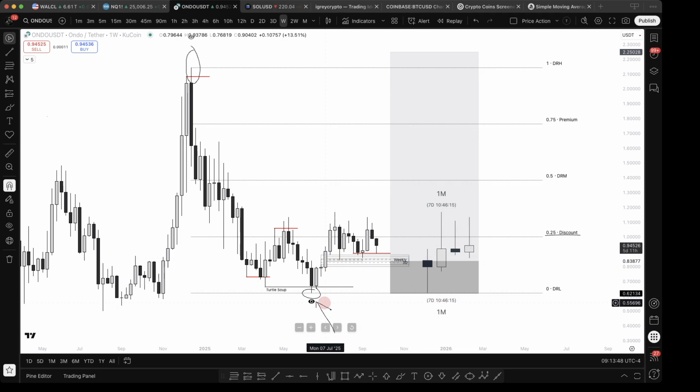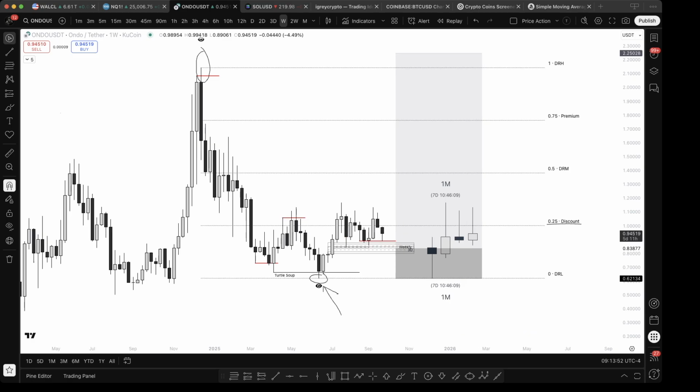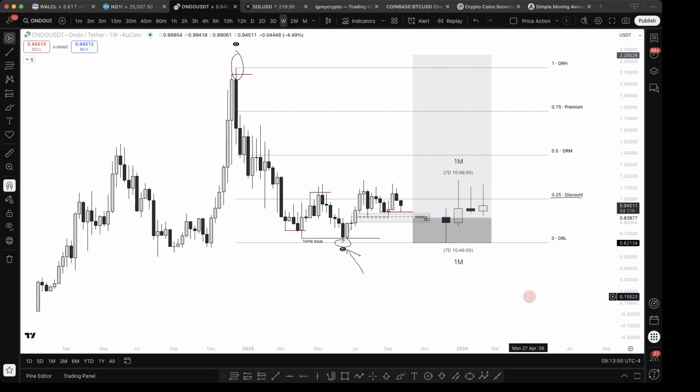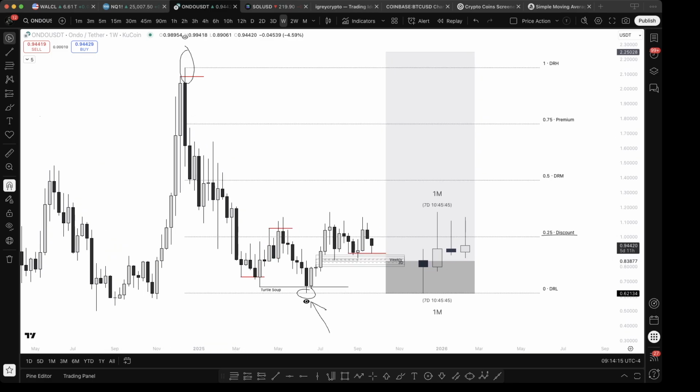So I'm not sitting on immense profits whatsoever at the moment for my average buy. That's because I've accumulated so much within this range, within the extreme discount that we've got at the moment. I mentioned this before, I was buying around the 40 cents level. I was again buying around 60, 70 cents, traded it higher, traded it back lower. But this consolidation phase we're in at the moment is what I'm personally just loving.